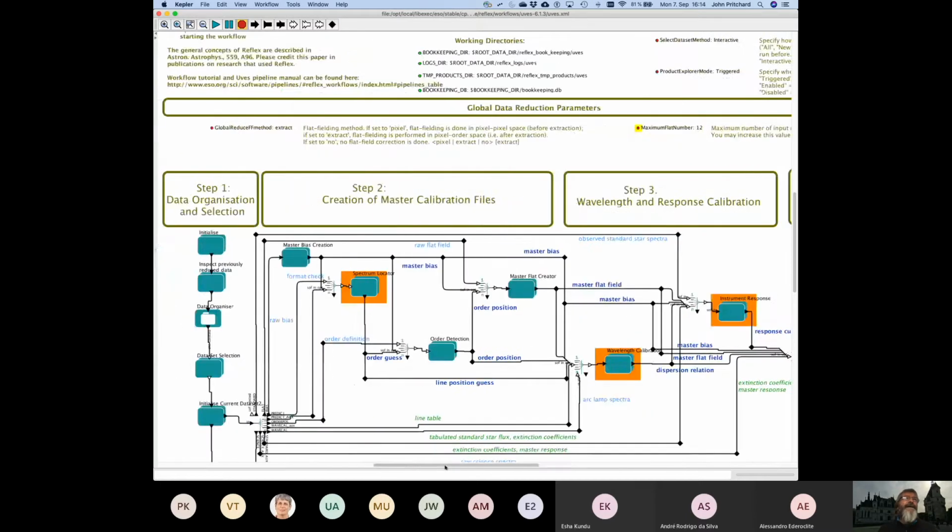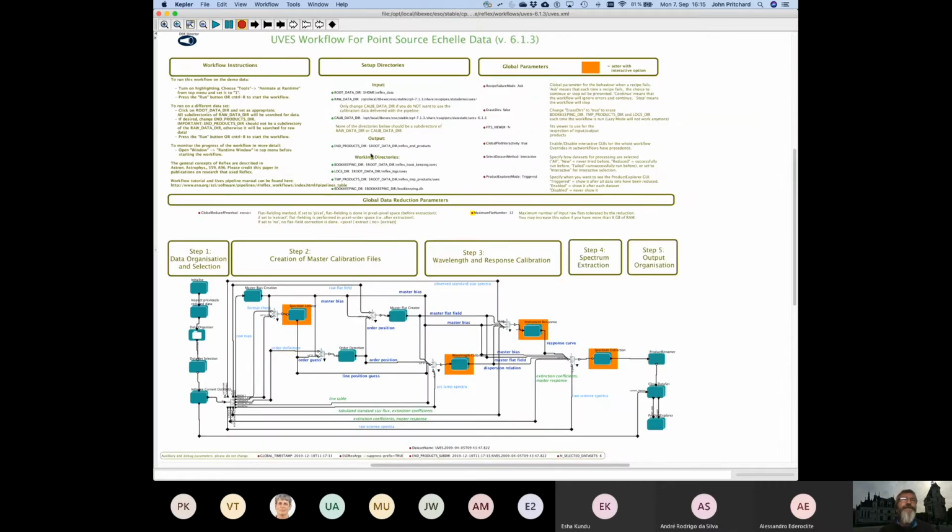And there is another parameter, which is the global reduce flat field method, which controls whether the flat fielding of the science is done in pixel space or in extracted space. So whether you extract the science first and then flat field it, or you flat field it and then extract it. This has certain implications in different applications, but it's a little bit more detailed than I want to go into today. So those are the parameters and the controlling